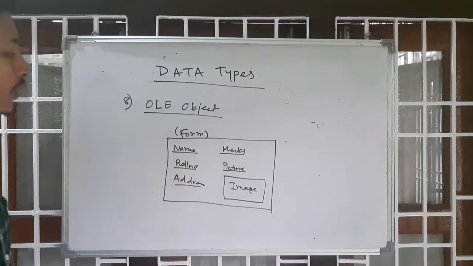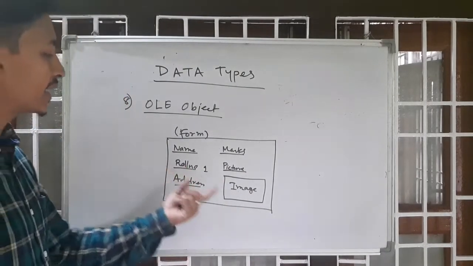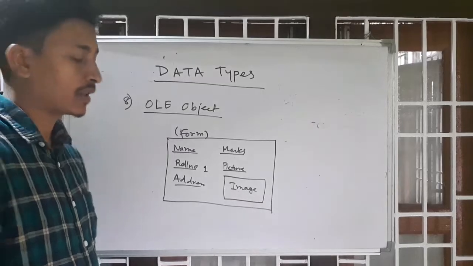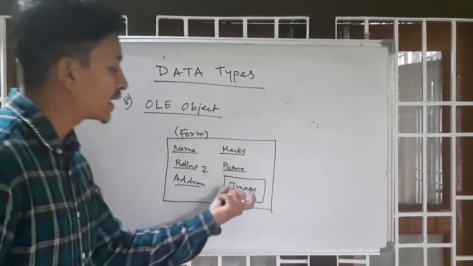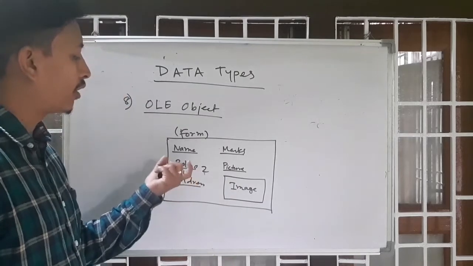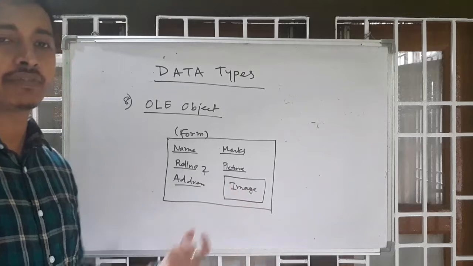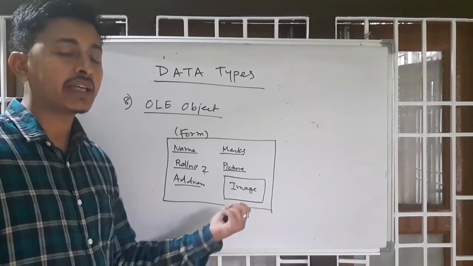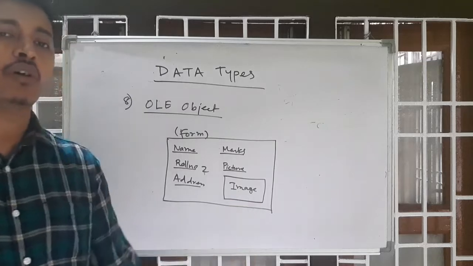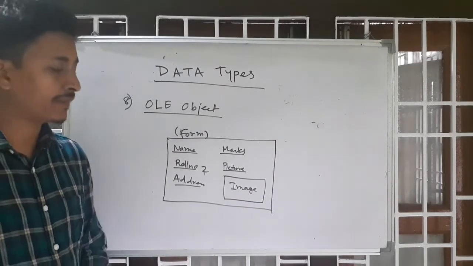For example, roll number 1. Who is roll number 1? We can see in the image also. Roll number 2. Who is roll number 2? We can see in the image. When the roll number is 1, the image is different. When the roll number is 2, the image is different. So in this way, we can add images as well as worksheets, meaning any Word document. Okay.